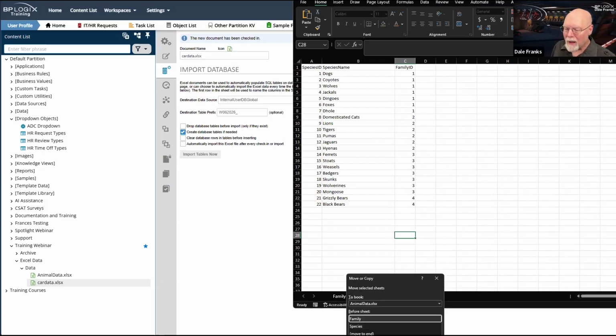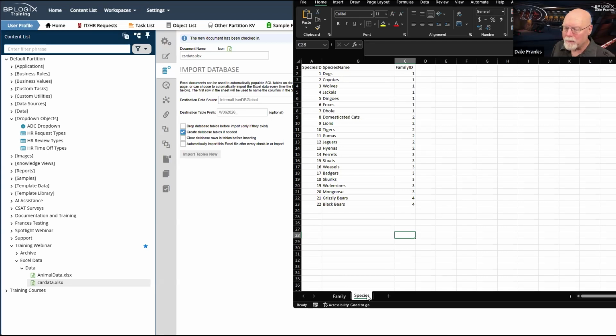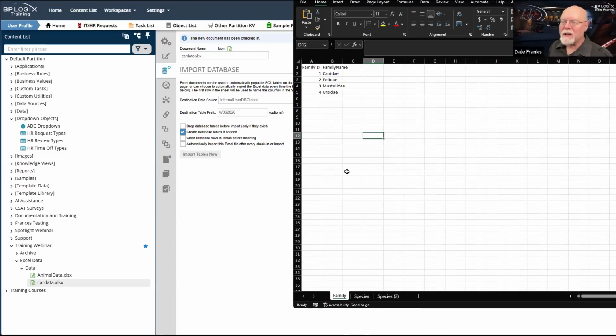copy this animal data tab, and I wanted to copy it. Will it create a new? Okay, species 2. So this is the data that I originally entered, right?